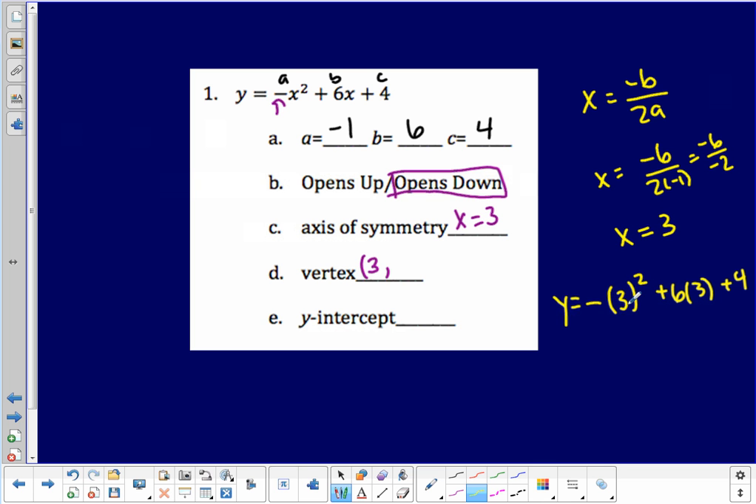Okay, so if I square 3, I get 9, but then I want to make it negative. So y is equal to -9. 6 times 3 is 18, plus 4. -9 plus 18 is 9, plus 4, so y is equal to 13. So (3, 13) is my vertex there. And then the y-intercept is always that c value, which is just 4. So that's how we identify all of those parts, and that happens to be a big piece of how we